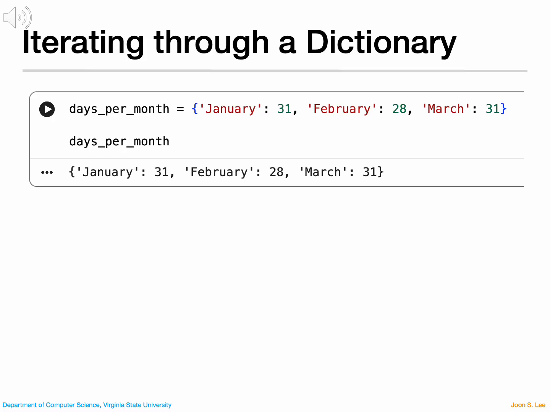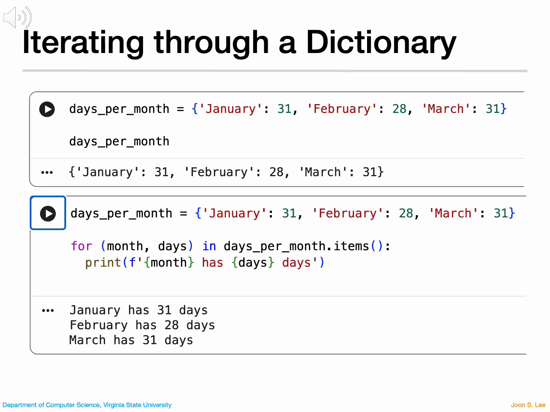Just like lists and tuples, we can also iterate through a dictionary using a loop. In this example, the dictionary days per month stores the number of days for each month. When we iterate through a dictionary, Python processes each key in the collection. From the key, we can access the corresponding value. This allows us to go through all the entries in the dictionary and work with the stored information one pair